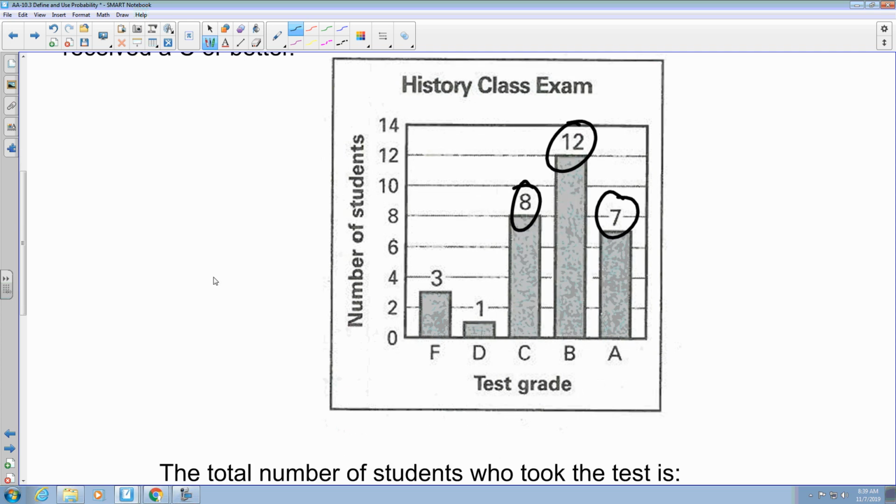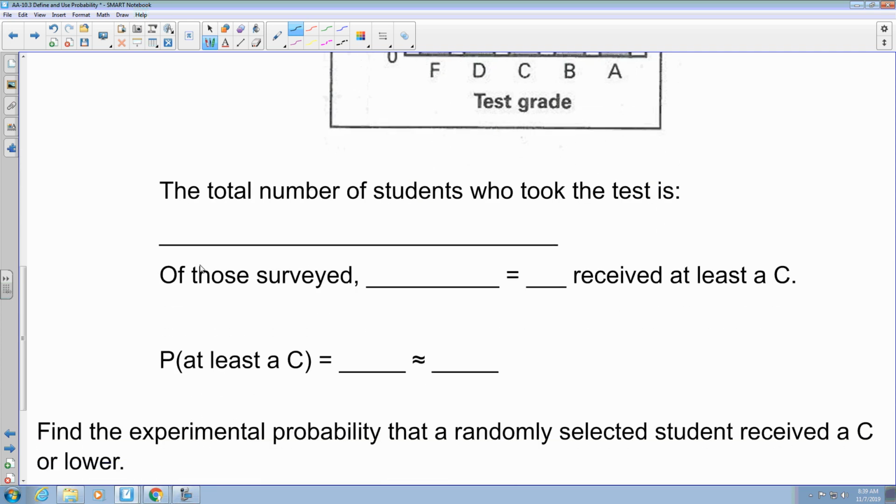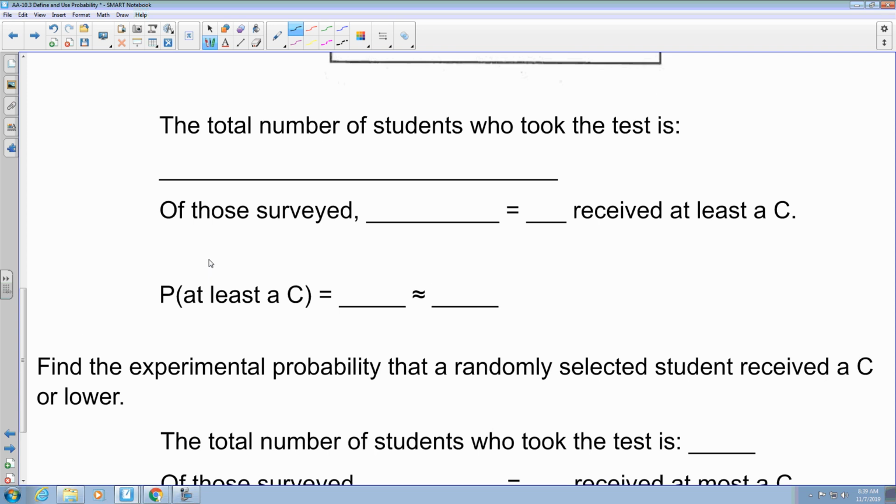And one of the things that they're asking us to do first is list the total number of students who took the test. So we had what, 3 Fs, 1 D, we had 8 Cs, we had 12 Bs, and 7 As. That was a total of